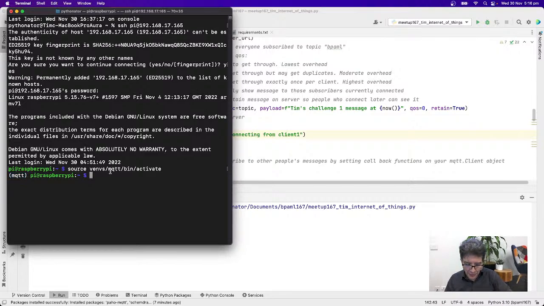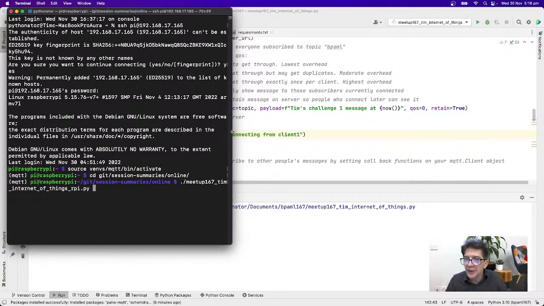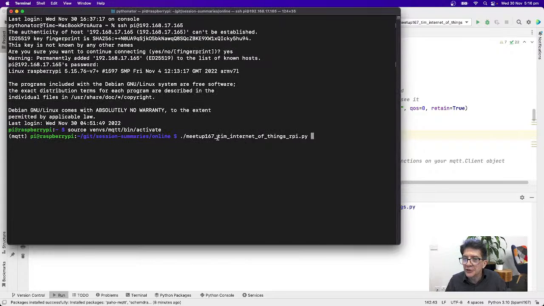Now I've got some code, and I've downloaded all the session summaries from our GitHub, and in the online folder we've got one, Meetup 167, and there's two in there, but the one that we want to run on the Raspberry Pi is called Internet of Things RPi. So if I run that